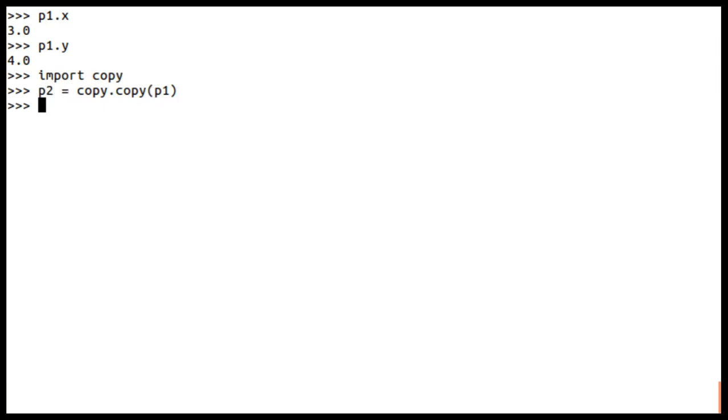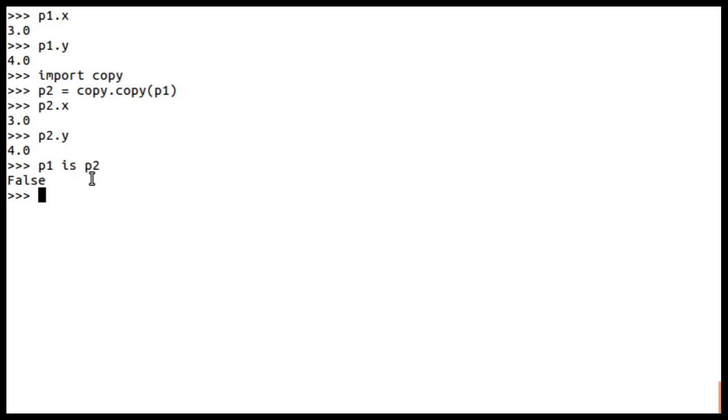Now if I print p2.x and p2.y, same thing. Remember p1 and p2 both have the same data, but if I type p1 is p2, what do we expect? We expect False, because p1 and p2 are different objects.